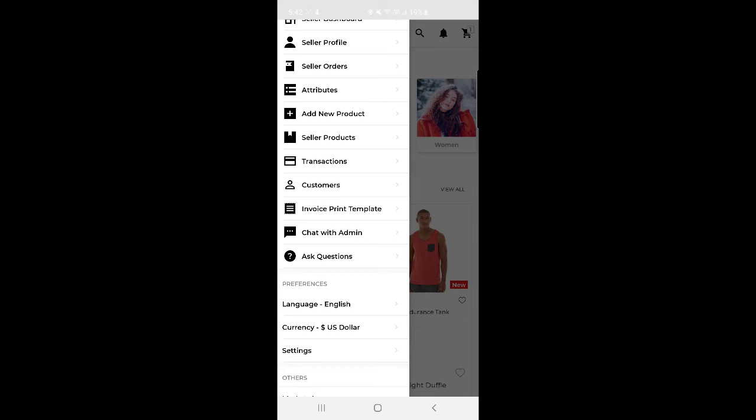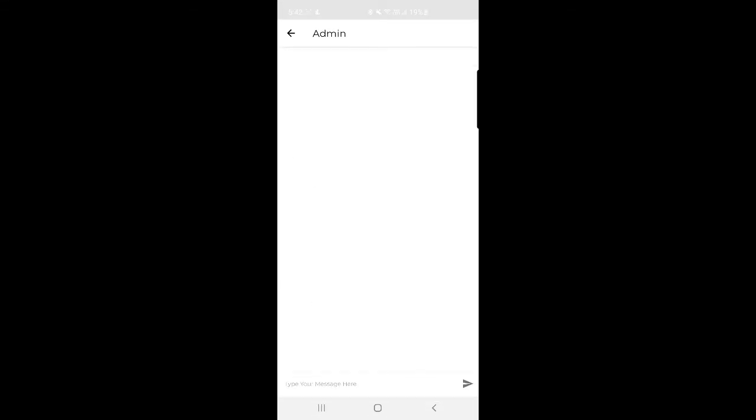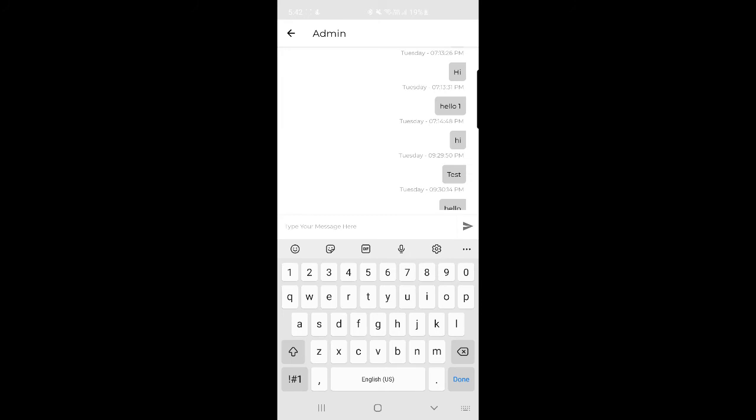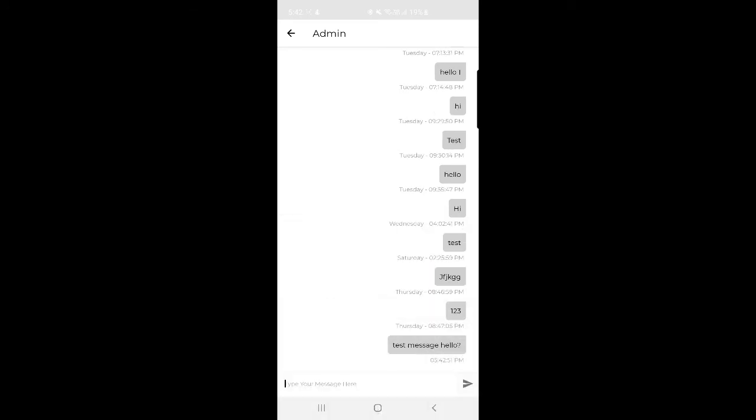After that, we have the chat with the admin option. From here you can enter the message to the marketplace admin and can clarify any doubts if you have. So you can send it, and the admin can respond back to you as well. Let's go back,